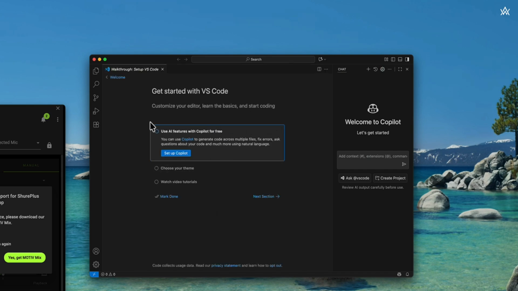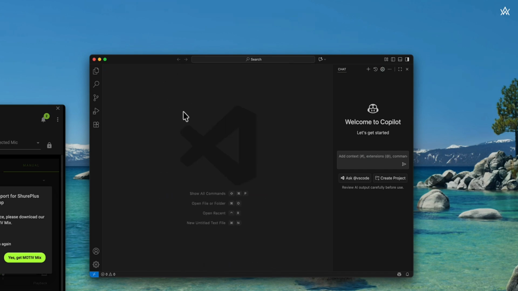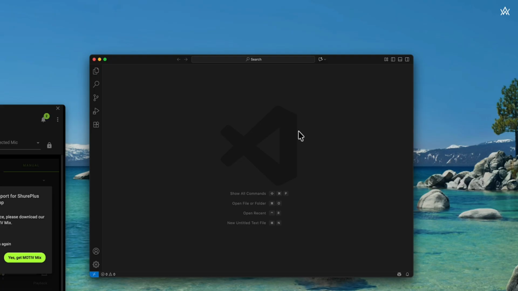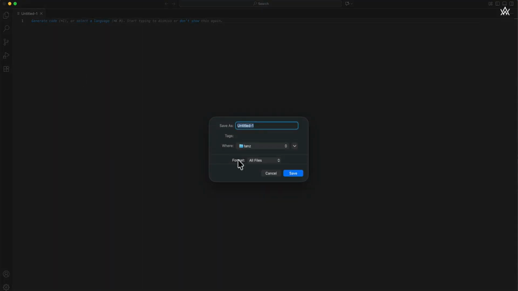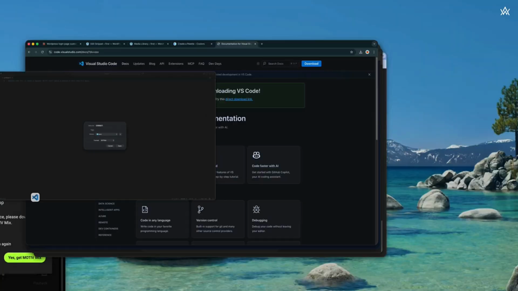Alright, so now this is our VS Code, and now we can create a new file inside here. So I'm going to close everything in here. And now I will be creating a new file by pressing Command or Control N, which will open up a new file. This is the untitled one. Now I will press Command or Control S to save this file, which is going to show me how you want to save it. So I will be saving this file as